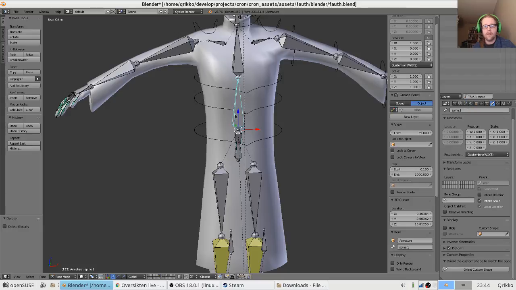And the thing is that this bone does not inherit rotation, and